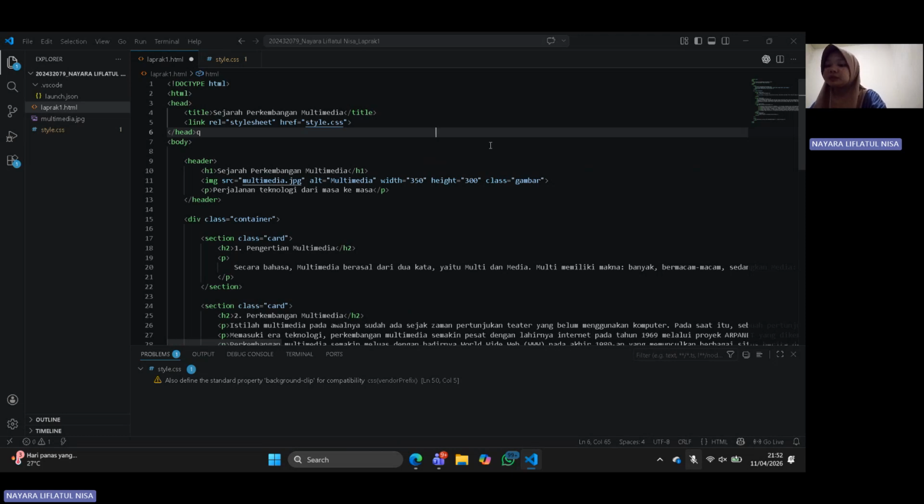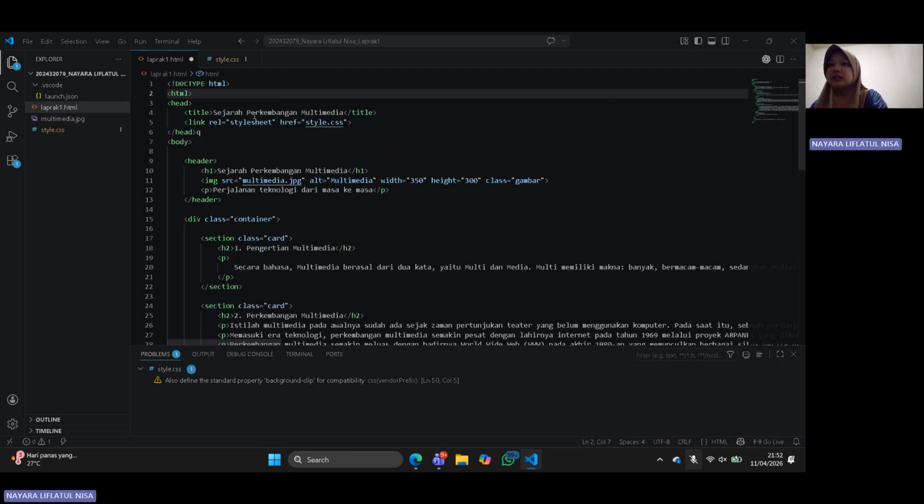on a web page. At the beginning of the code, I use the doctype declaration to define that this document is an HTML file. Then I use the HTML tag as the root of the web page.